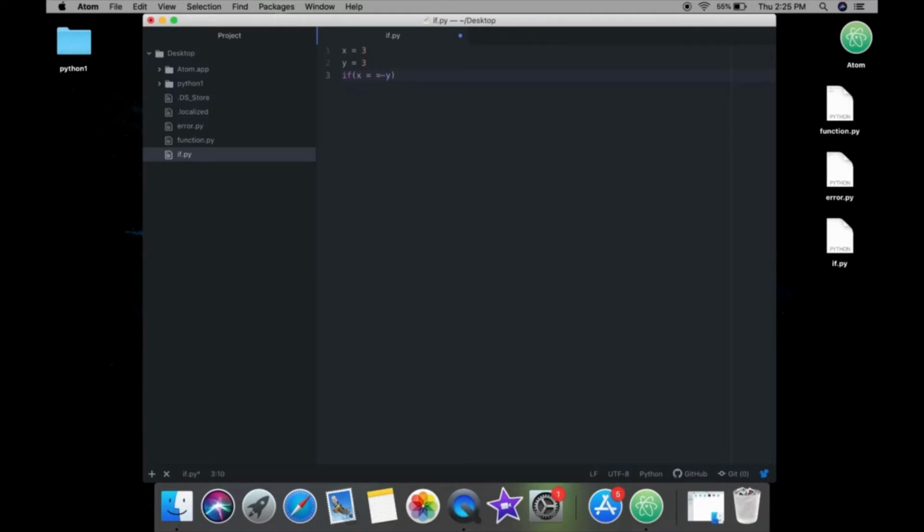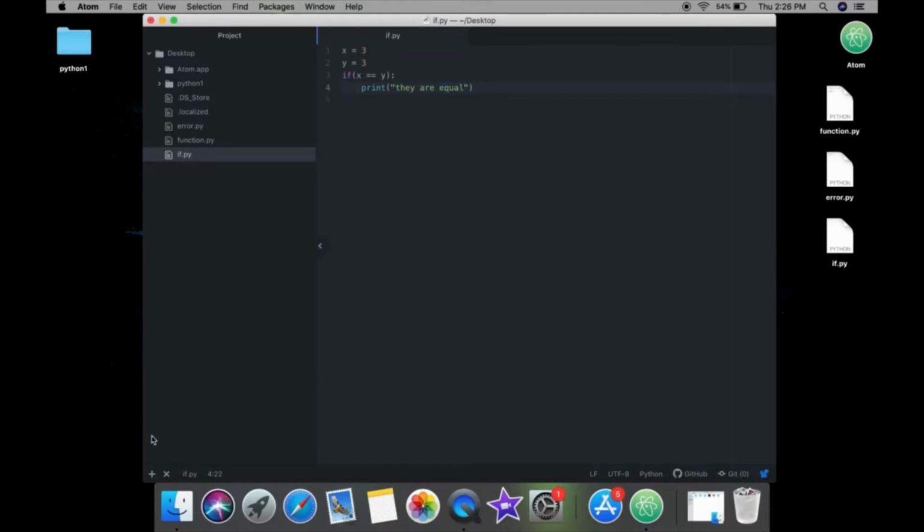That mistake is equality. This single equal is an assignment operator. Here double equal means the equality operator. So this is the point where we always require double equality. So in if conditions, never forget to mention the double equality symbol, not the single one, otherwise you will get an error. Then we have the colon, because this is a block of code. So we need this one. We need indentation or a tab here, and then do something like print, they are equal,